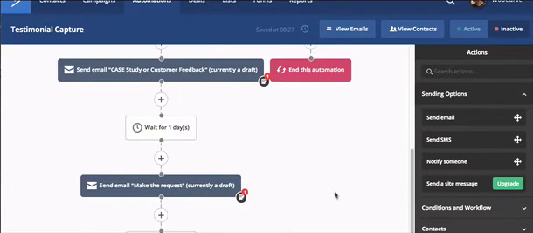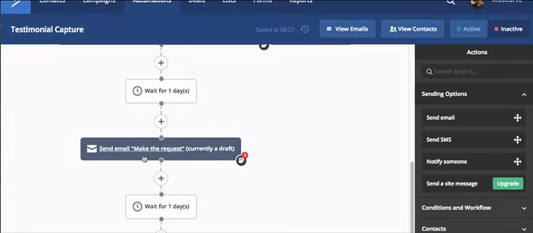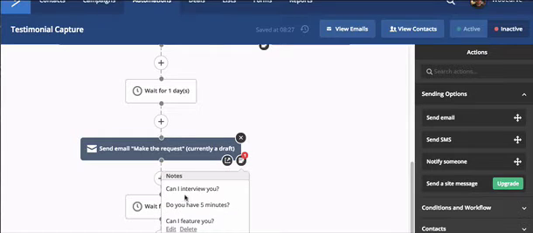On email 2, it's a little more explicit, so you're actually making the request. One of the ways that I like to do this is just come right out and say, can I interview you? Do you have 5 minutes? Can I feature you? So you're asking a question in your subject line. These are subject lines, and you could reference the testimonial you shared in the previous email, and just let them